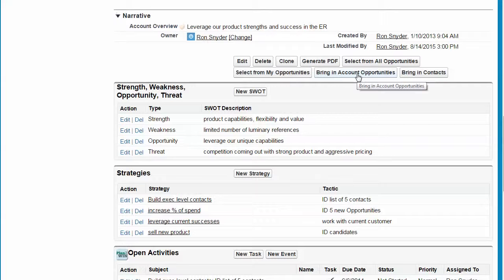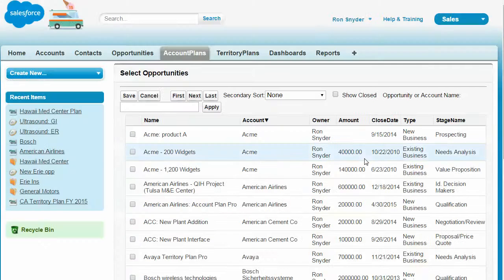Be careful because that will also bring in opportunities that may be either before the time frame, like last year, or maybe even after the time frame, like maybe next year. Okay, so I'm going to select from all opportunities,